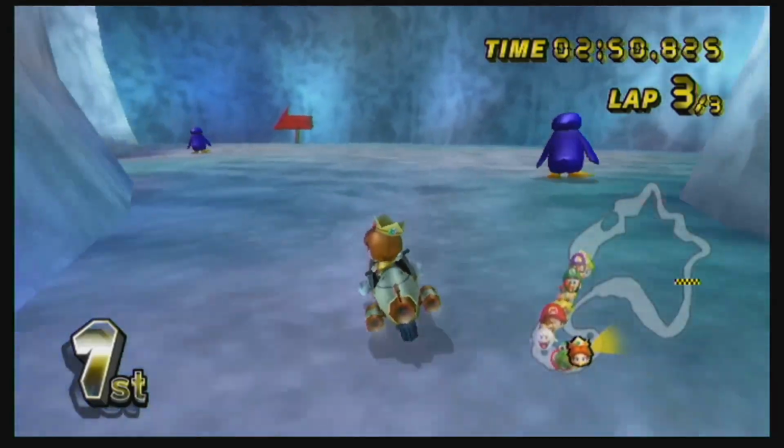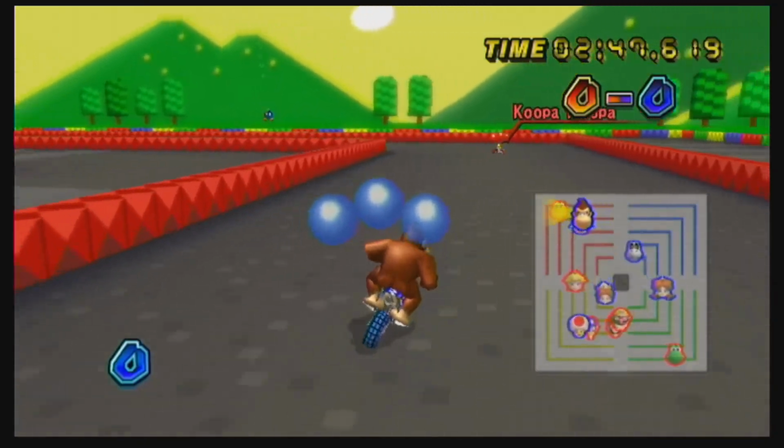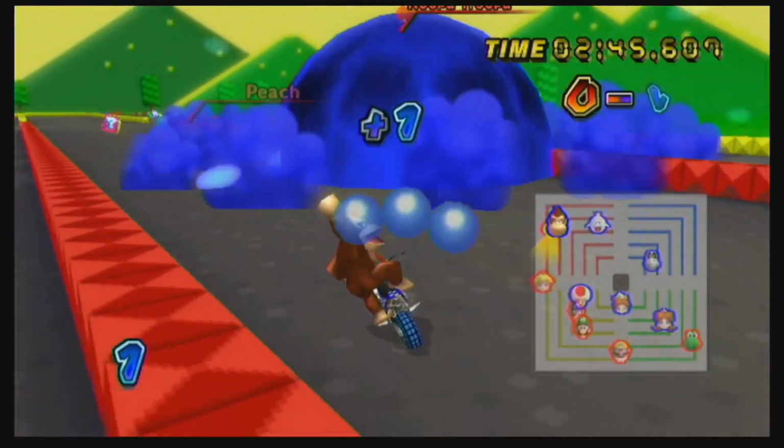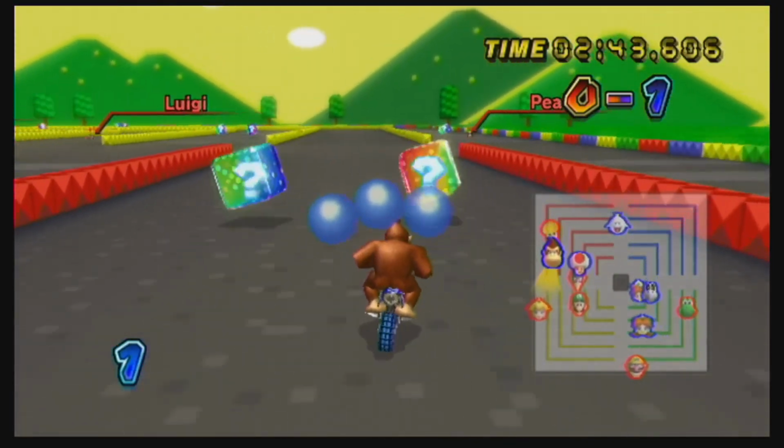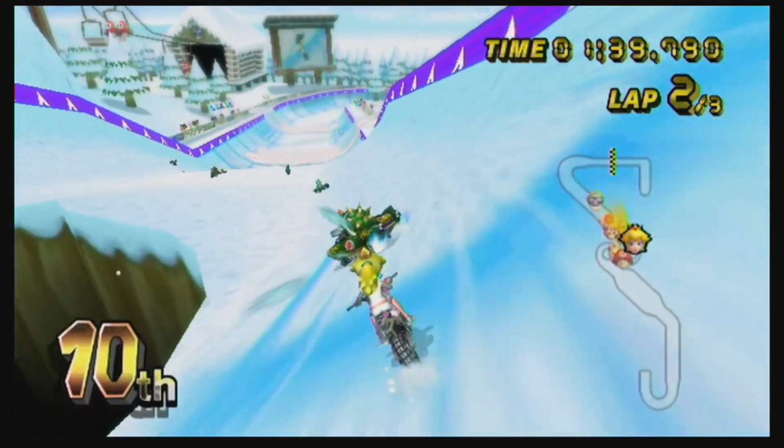So is the racing wheel a dud? Not entirely, there are some positives. I like how you can press the D-pad up or down to launch items forward or backwards. It's a nice feature. A big part of this game is flicking the Wiimote up, down, left, or right shortly